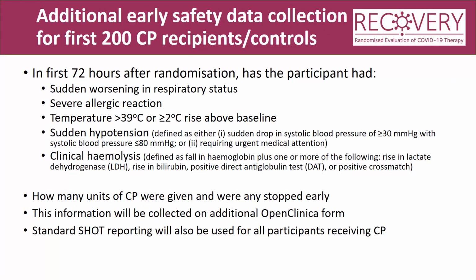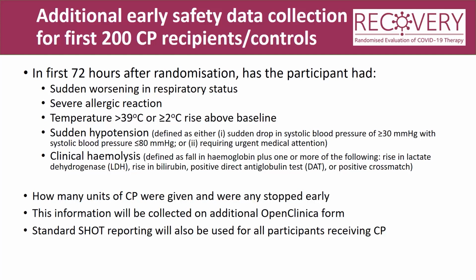We will be conducting some additional early safety data collection for the first 200 participants randomized between convalescent plasma and control. So we would like for your team to record whether in the first 72 hours after randomization, during which time they should have received their 2 units of convalescent plasma, the participant has had any of the following 5 issues: a sudden worsening in respiratory status, a severe allergic reaction, a temperature more than 39 degrees or a rise of more than 2 degrees above their baseline, sudden hypotension, as defined on the slide, or clinical hemolysis, again with further